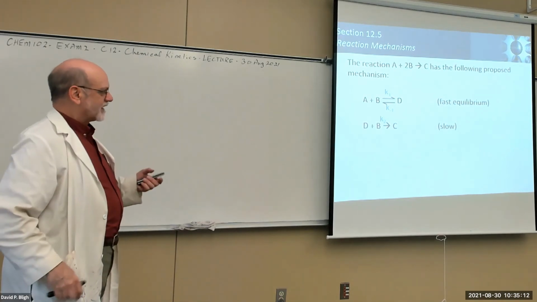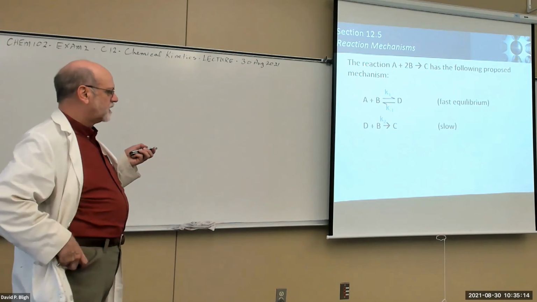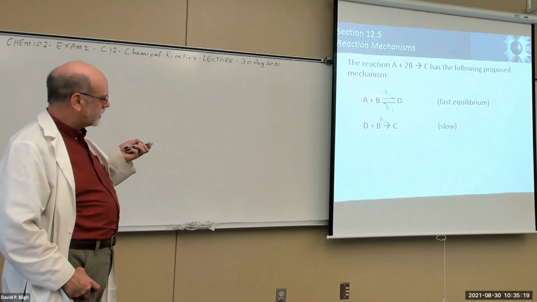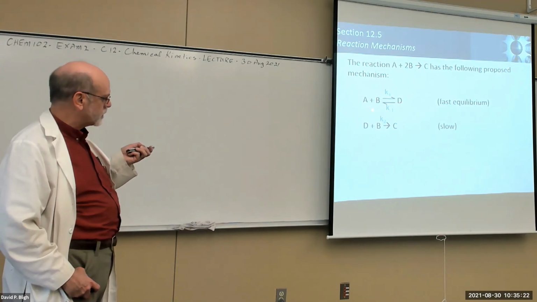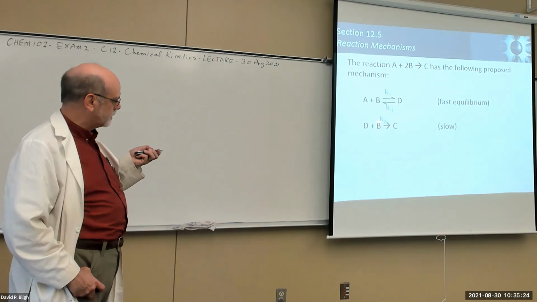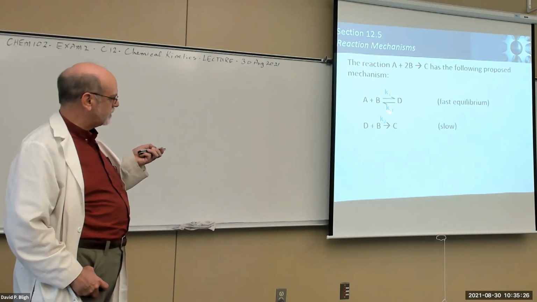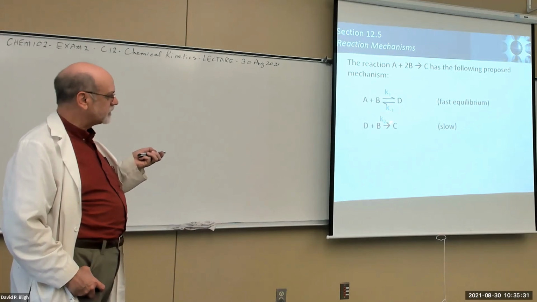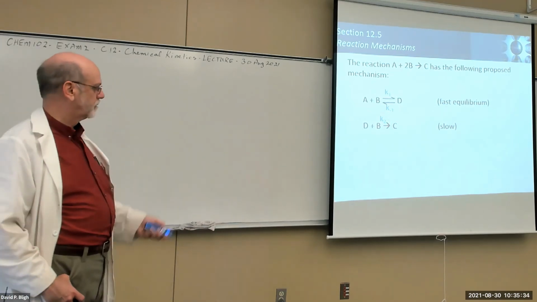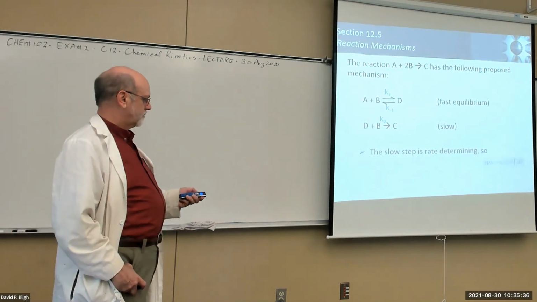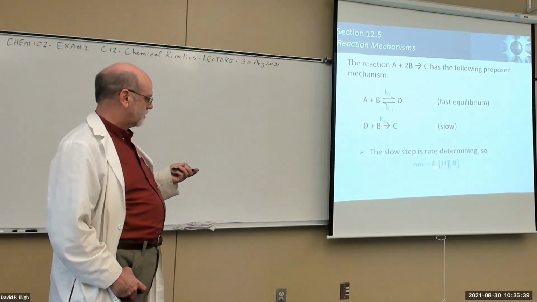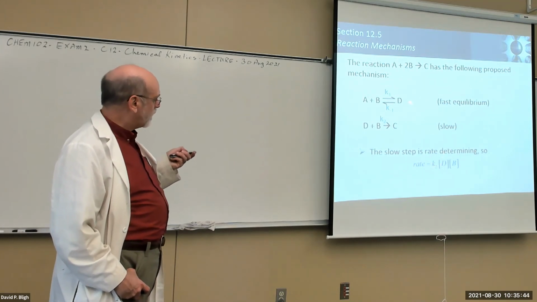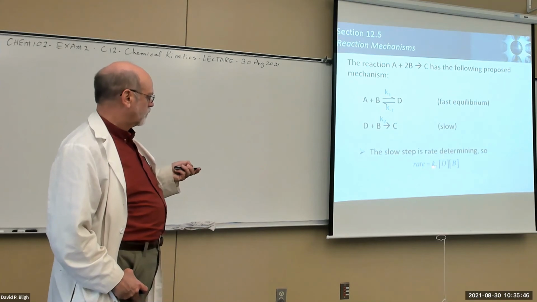So when you've got a situation like this with the elementary steps, we say there's a rate constant for this direction, and then there's a rate constant for the reverse, and then there's a rate constant for this one. So this one is K1, this one is K minus 1, because it goes the opposite direction. And this one's K2. K2 is the rate determining. Right. So there's the slow step. And based upon this, the rate for K2,